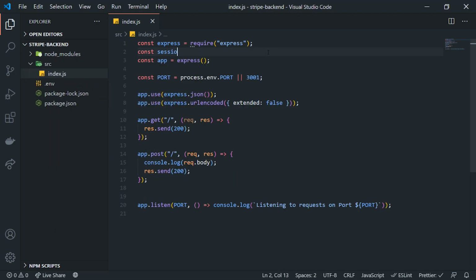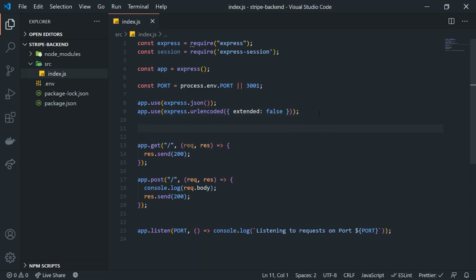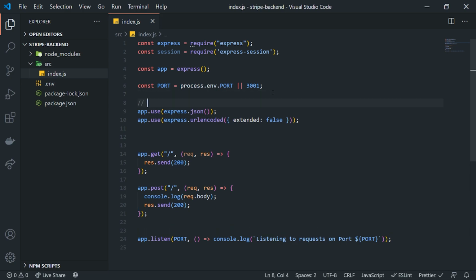So const session equals require express-session, and what we'll do is we will simply register the middleware right over here. So let me leave a comment over here, registering middleware for parsing request bodies, and we'll do